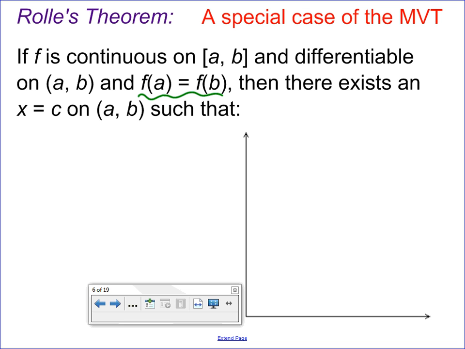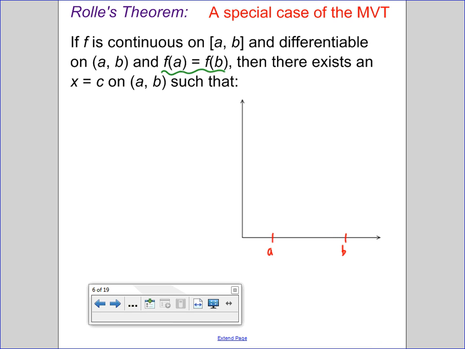I know I have an interval a to b. We also know that f at a equals f at b. And so I need to have function values that are equal, that's y coordinates, at x equals a and x equals b. So I'm going to go ahead and do here, and I'm going to do here. And we'll pretend that now is f at a and f at b. Now I need a continuous function on the interval a to b and differentiable. So I need smooth, well-behaved, no corners or kinks, no vertical tangents, no discontinuity. So I'll go ahead and do,